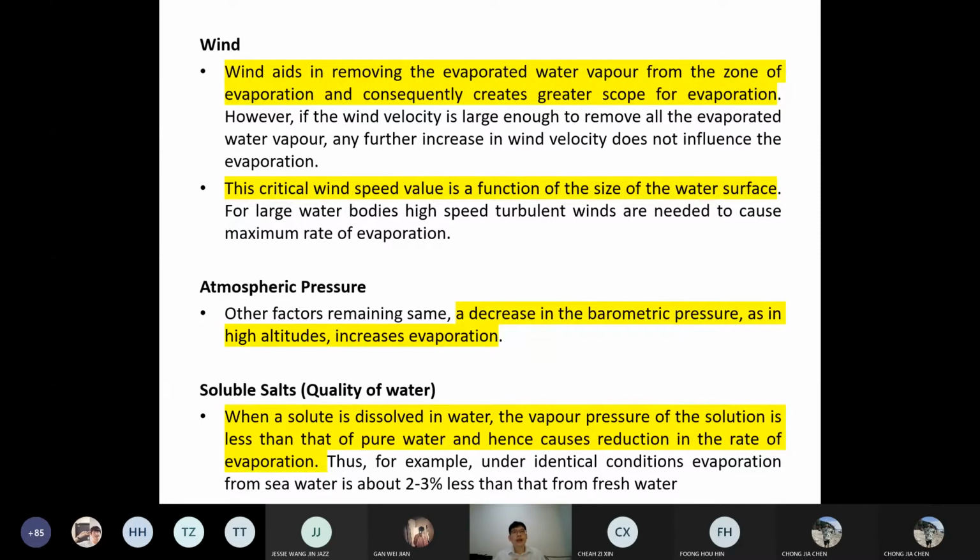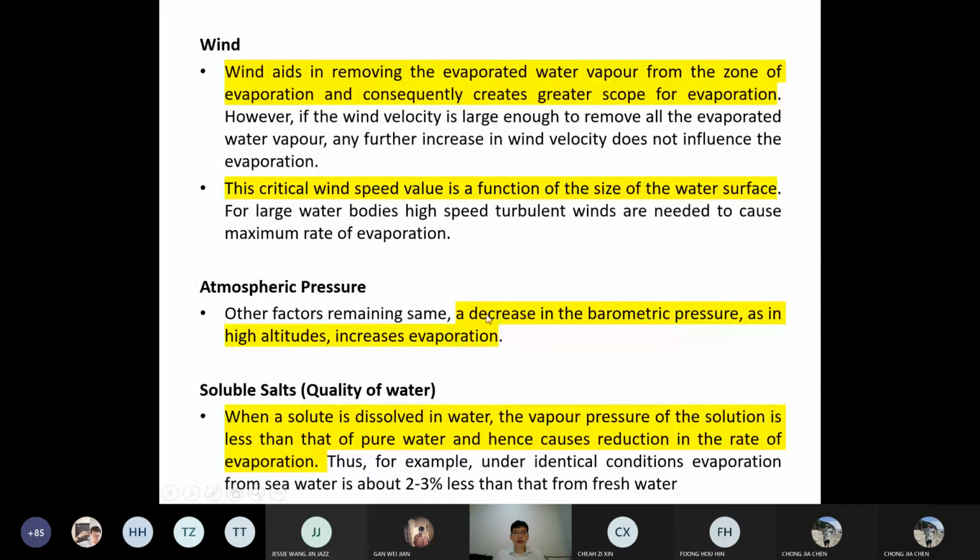Normally in the meteorological departments, or in Malaysia the Department of Irrigation and Drainage, they have their own measurement method like the evaporation pan to do the measurements. In some conditions, if we didn't have the measurement data, we are still able to use the model to do the estimations.